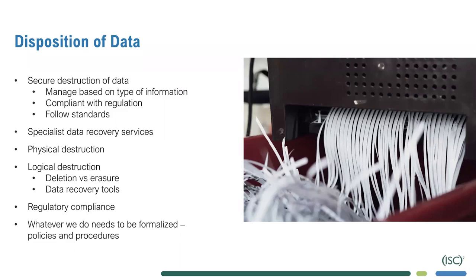Alongside that, we have the idea of physical destruction. We can actually physically shred hard disk drives, solid state disks. And the same is true of our paper records. We need to be careful ensuring that any physical destruction is appropriate, that it is actually destroying the data. What you see in the image there, a straight cut shredder. There are numerous examples of people being able to recombine documents. It's not a high security way of deleting data or destroying data.